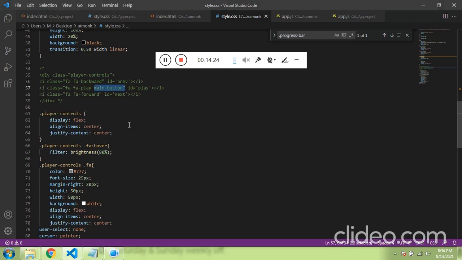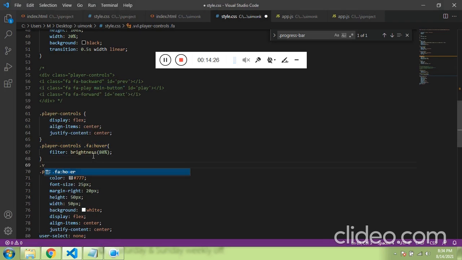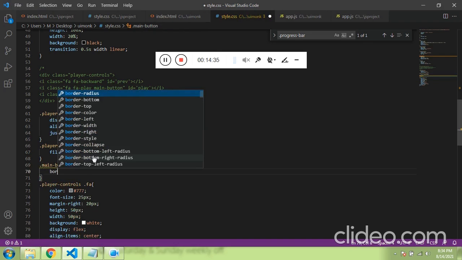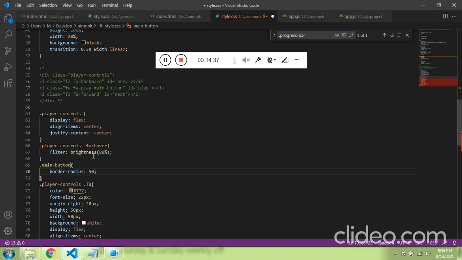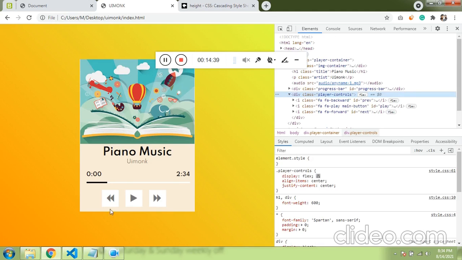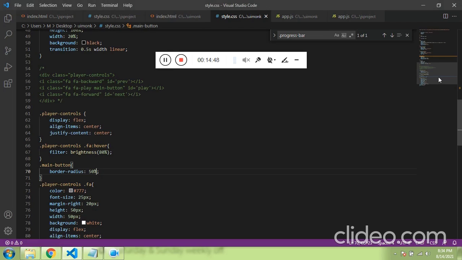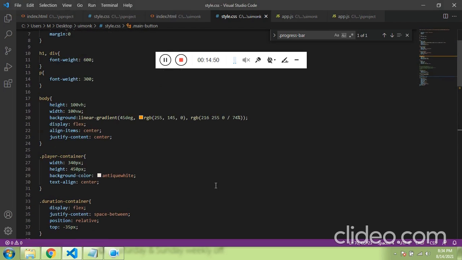So we have the main button. Let's just make this round. So select the main-button, and let the border radius be 50%, so that instead of square it turns into a circle. Cool. Now it's working. So the UI is close enough, except we need to add, get the player container,